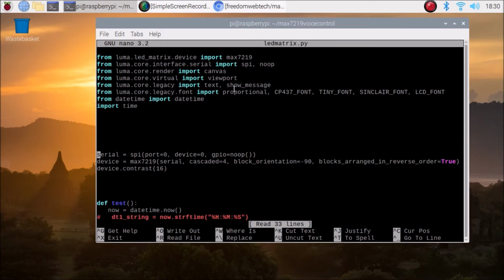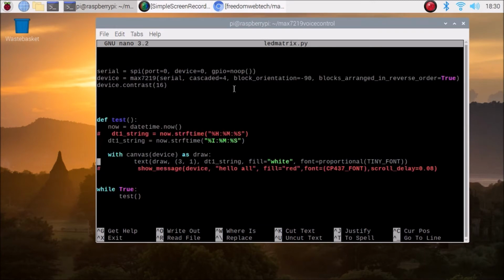Scroll down because we don't want to change anything here. First, of course, we need to create a steady text, meaning text which is not going to scroll. The text just stays steady on our display and does not move. So we are going to create a simple date format.